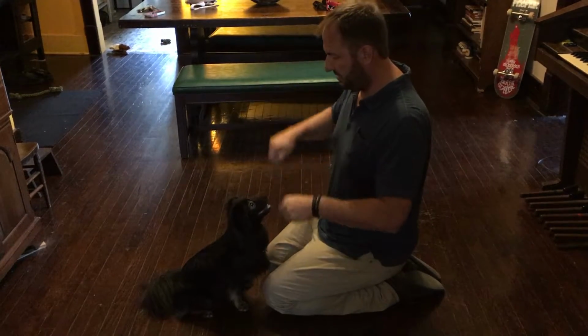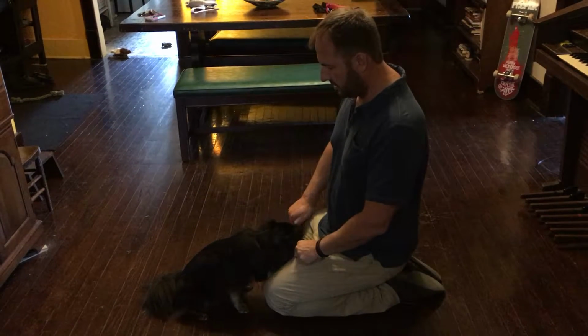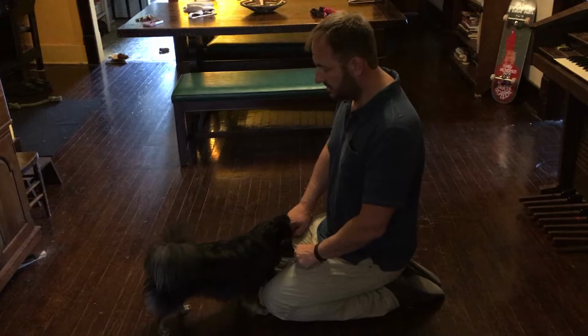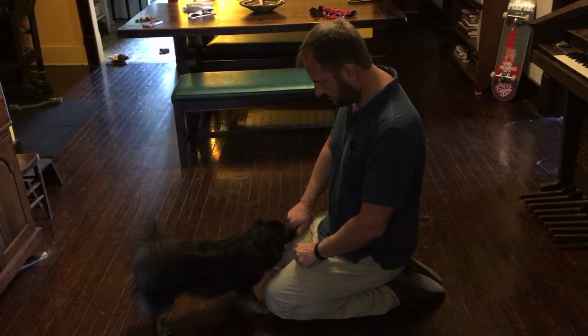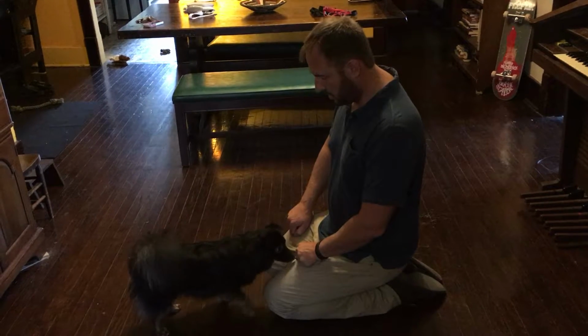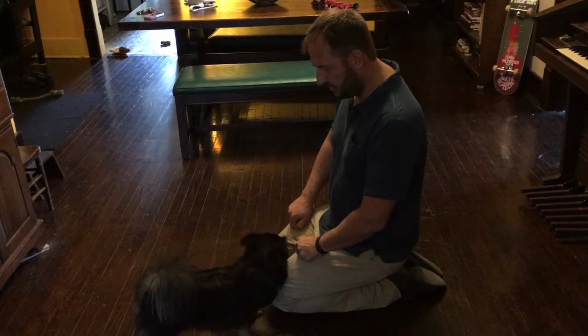I'm going to put both hands down on my thighs, and when the dog nudges and licks, I'm not going to acknowledge. Now the dog doesn't stop. Sometimes I go to get the dog to stop. But the idea is we're going to wait until the dog voluntarily looks me in the face, and I'm going